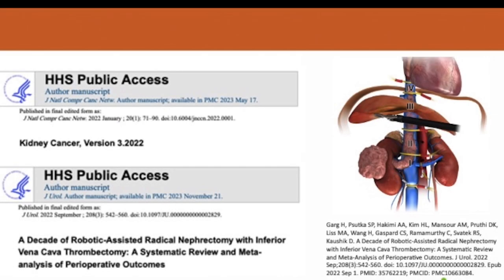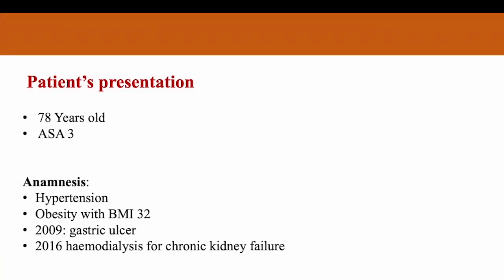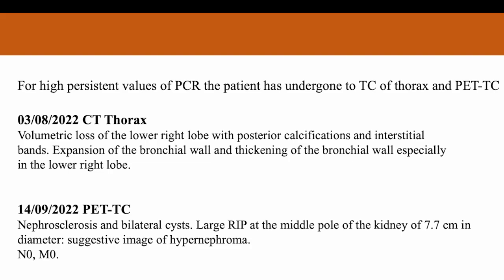Radical nephrectomy is the preferred treatment for tumors extending into the inferior vena cava. Robotic radical nephrectomy has been increasingly utilized in the management of renal carcinoma, including complex cases such as T3b kidney tumors. We present the case of a 78-year-old male patient, obese with a body mass index of 32, on haemodialysis